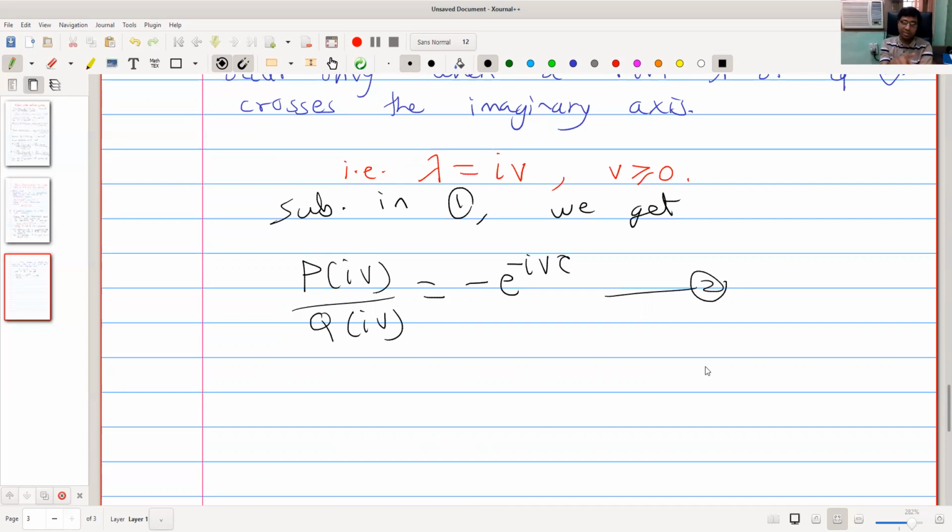The left hand side curve is called the ratio curve. If we change v, and if it can cross the unit circle, then we may find the critical value. For that particular v, we substitute that v into the right hand side so that we get tau, and that tau is nothing but the critical value.